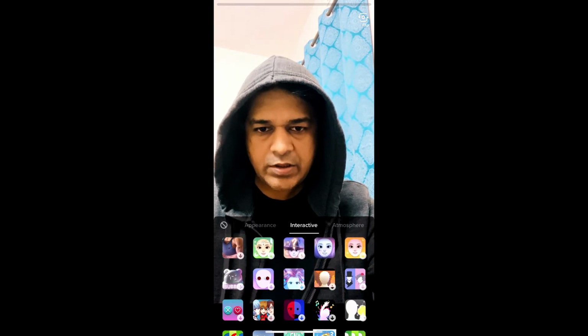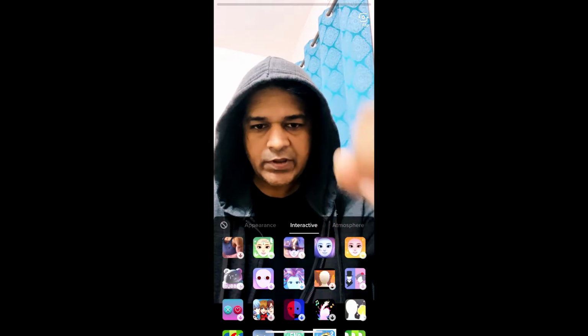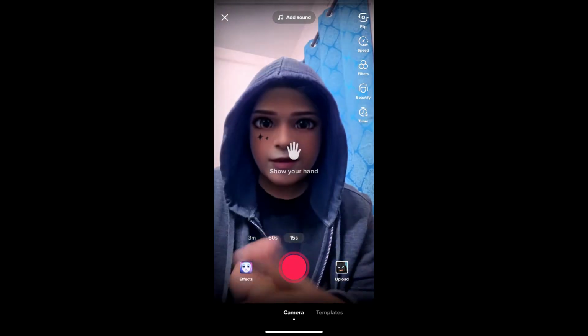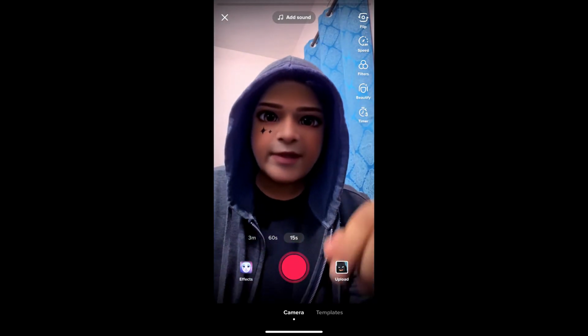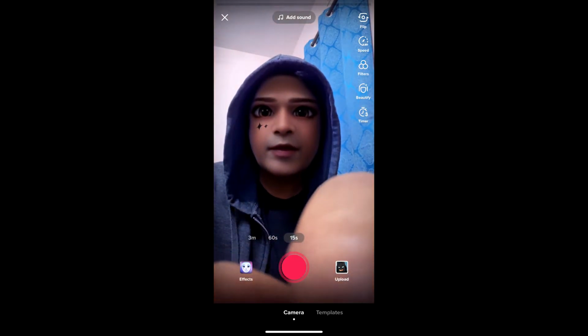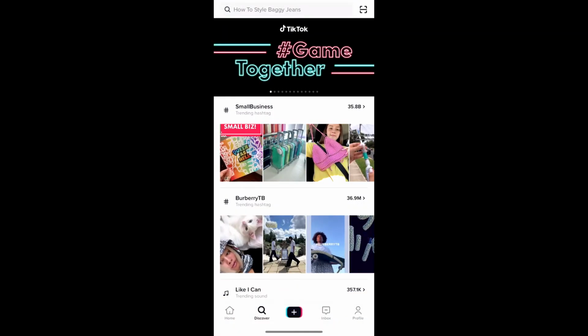Remember this image. Tap on it. Now show your hand for the effect. So that's it guys. Likewise, you can get this effect from the effects gallery. And if you're not getting this effect like this, then you can go to discover, and here you can search for